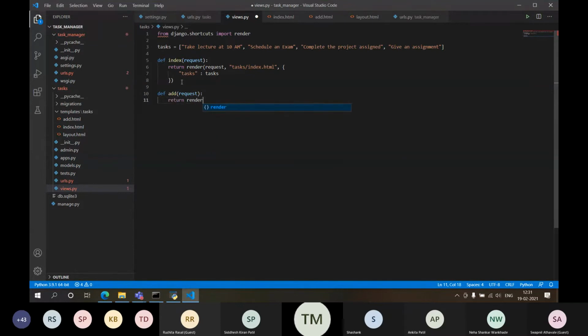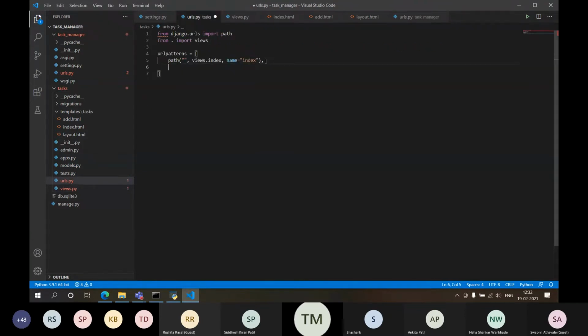Return render, and then request, and return it tasks slash add.html. Yeah, that's it. Right now I don't want to pass anything to this particular function. Okay, so it should display me the form. Now what is remaining in urls.py?